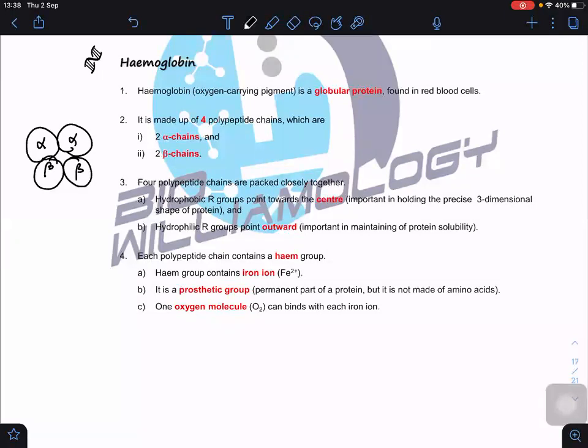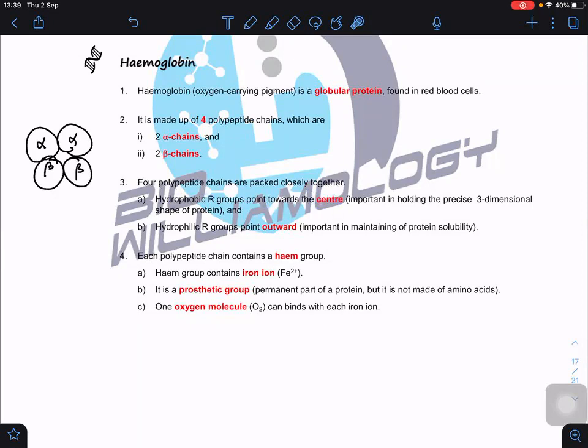So alpha and beta here don't mean that they must have alpha helix or beta pleated sheet. It's just the name we give to the polypeptide chains, okay? So how can we pack them together? These 4 polypeptide chains are packed closely together so that the hydrophobic R groups always point toward the center,